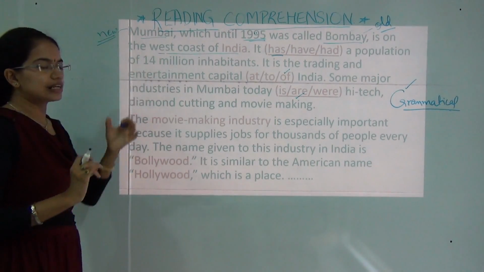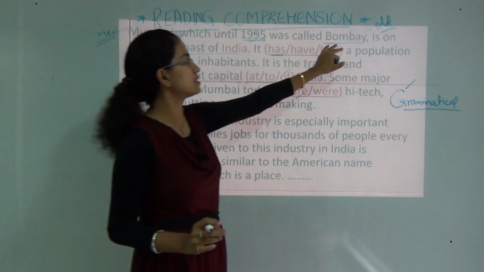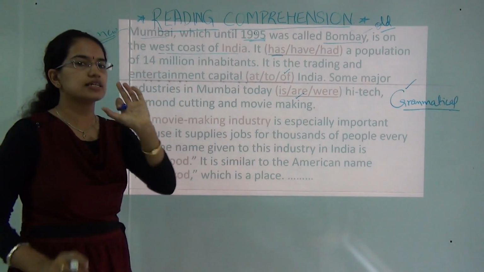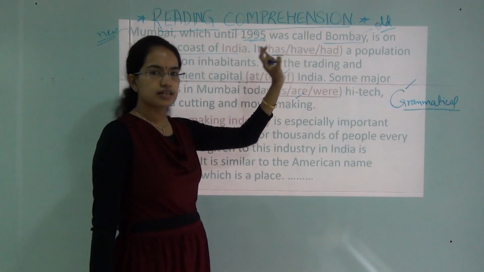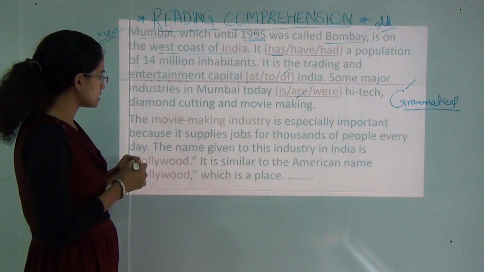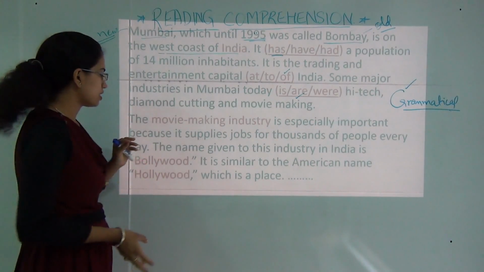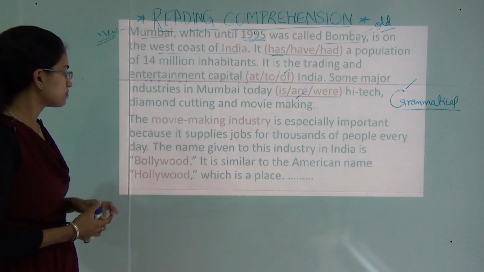In the question it is asked, what is the old name for Mumbai? That you cannot trace word for word in the passage, but you have to understand the sentence, as the answer lies within the sentence. So you just have to understand the meaning of the sentence and answer the question. Now next is connecting ideas. Let me read the next passage and we'll try to connect the ideas.